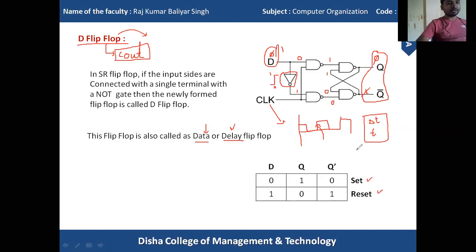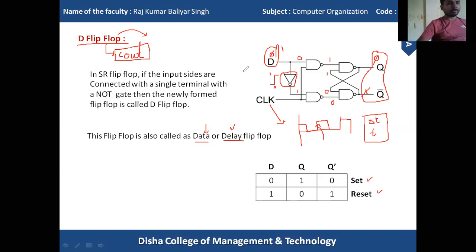Again, I will repeat here. The SR flip flop has four states: reset condition, set condition, then memory condition, and not applicable condition, and all conditions can be derived according to the input at the SR flip flop. In SR flip flop, basically we have four input sequences: 0 0, 0 1, 1 0, and 1 1. According to that, we get the different states. And SR flip flop is the root of all flip flops.